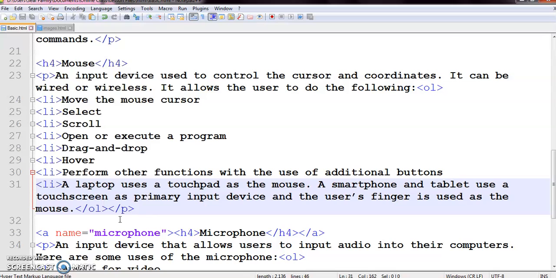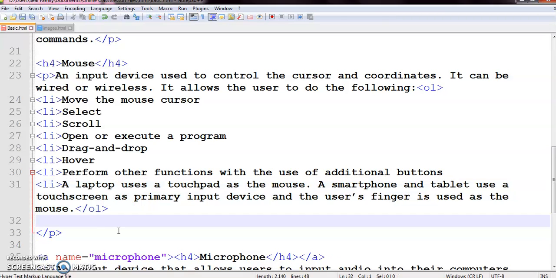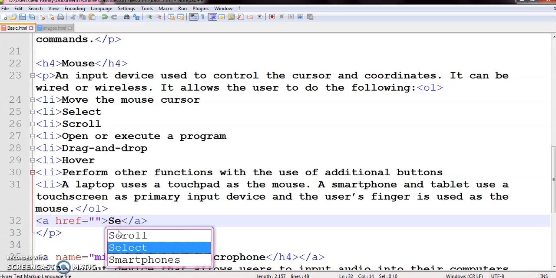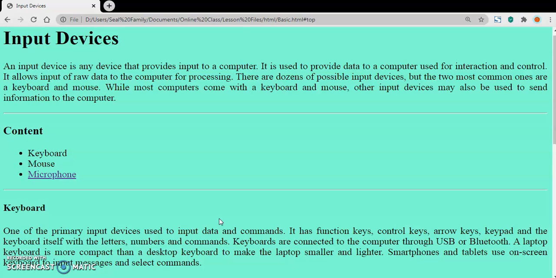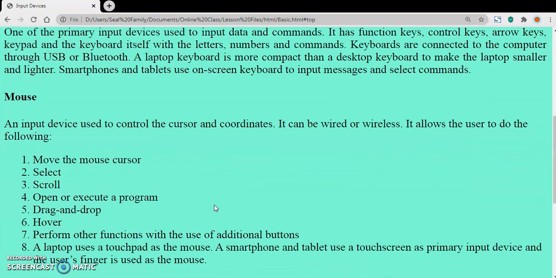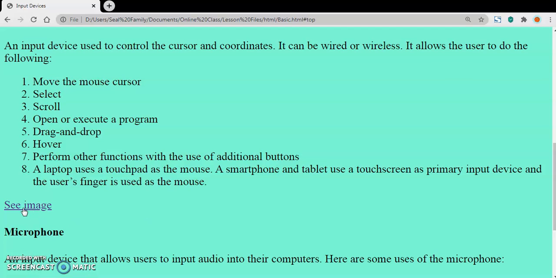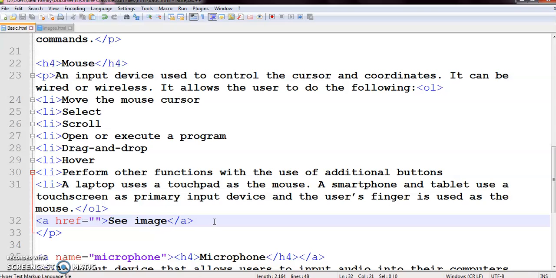If I want to see a picture of this mouse, suppose I am creating an href and I want to create a link as CImage. So inside this you can see there is a CImage link. When I click CImage, it will take me to another web page, to a particular section of that page.